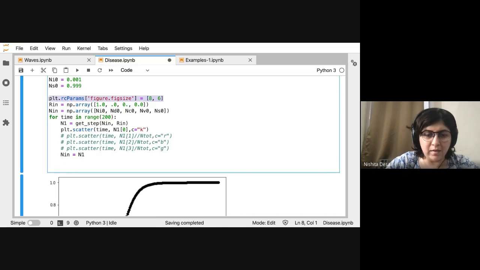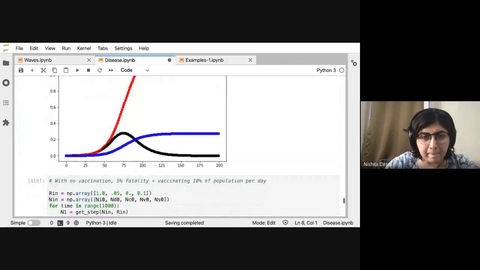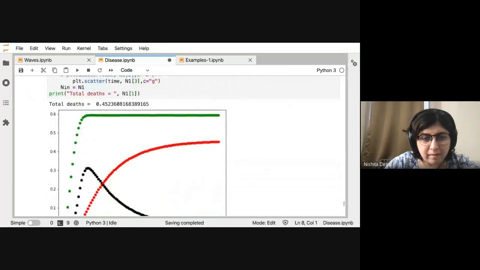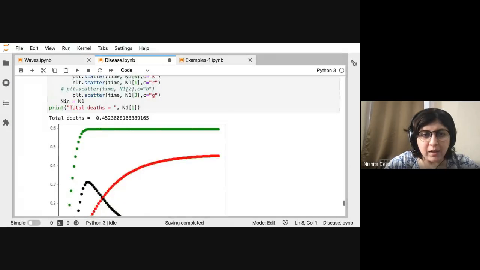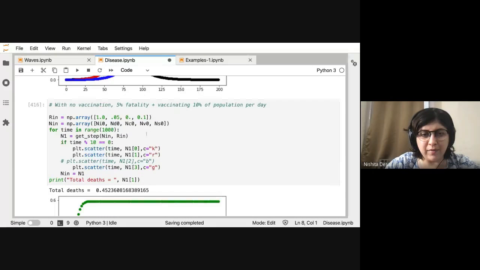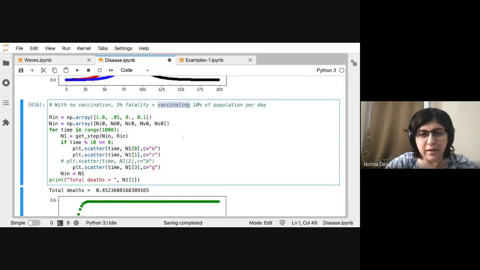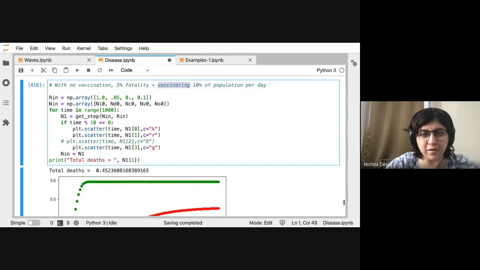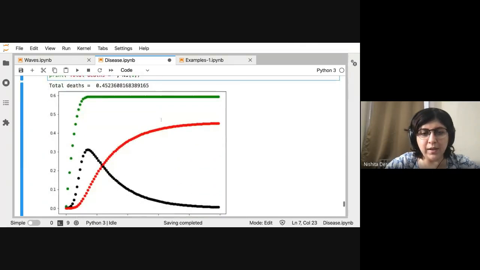Okay. So this was the case where you have some vaccination. So this RV is non-zero, and then you see that eventually most of the people are vaccinated, and your infection again goes to 0.